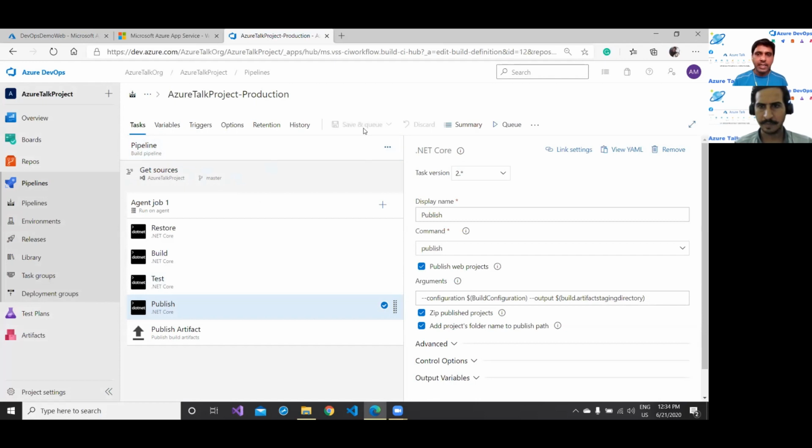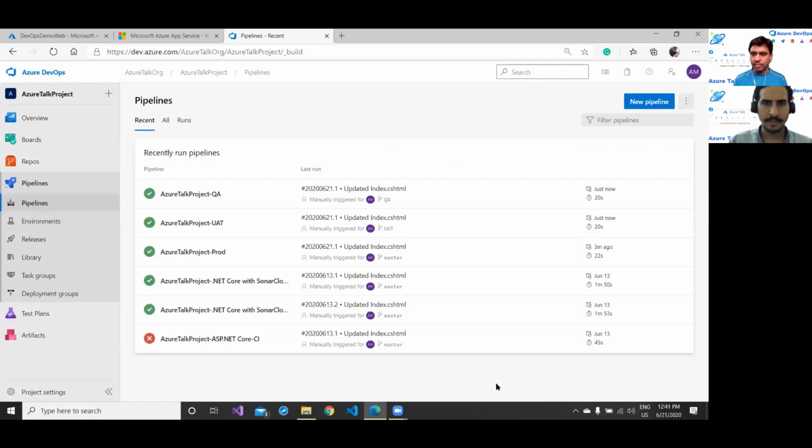In the same way, I have to create a similar kind of pipeline for the other two options, which are QA and UAT. So I believe you can do the same exercise on your own, so I'm excluding this part. For the convenience of my audience, I have created three different build pipelines for QA, UAT, and prod.